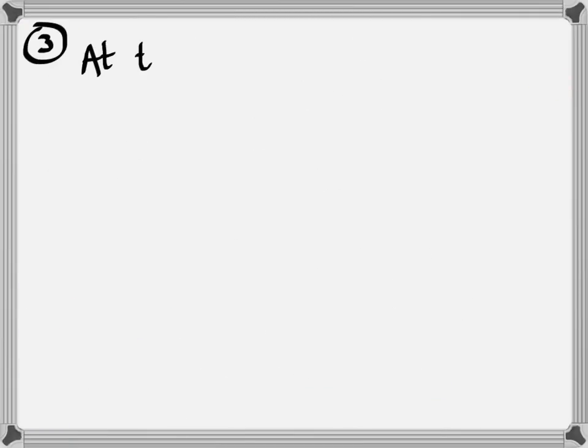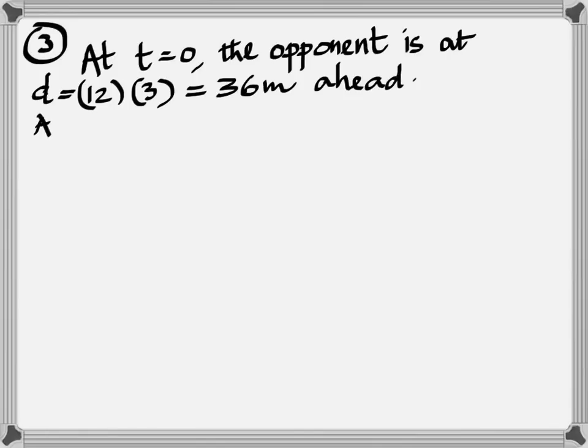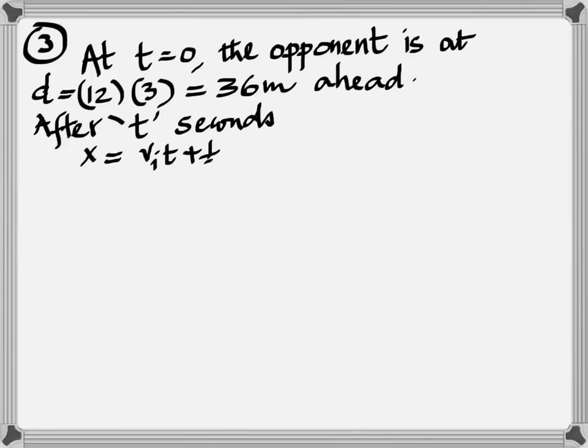In this question, there are two players. One is moving at 12 meters per second, constant velocity. The other one starts from rest and moves with an acceleration of 4 meters per second squared. By the time this guy starts off, the other one has already moved 36 meters. Counting the time from when he begins to move,